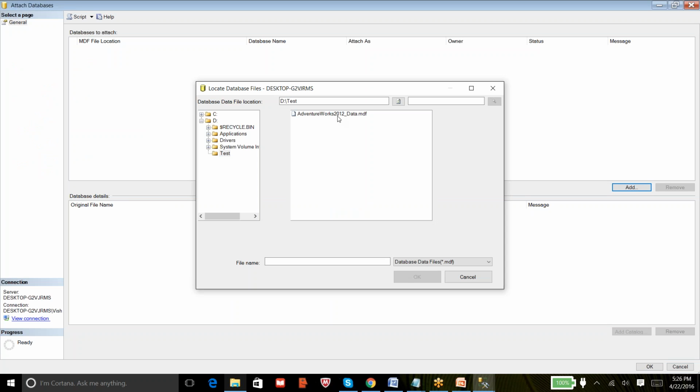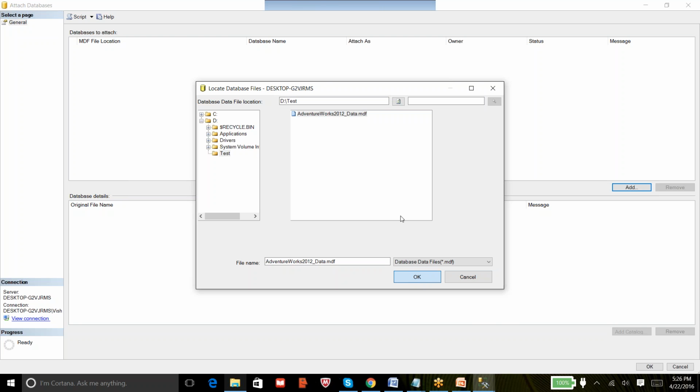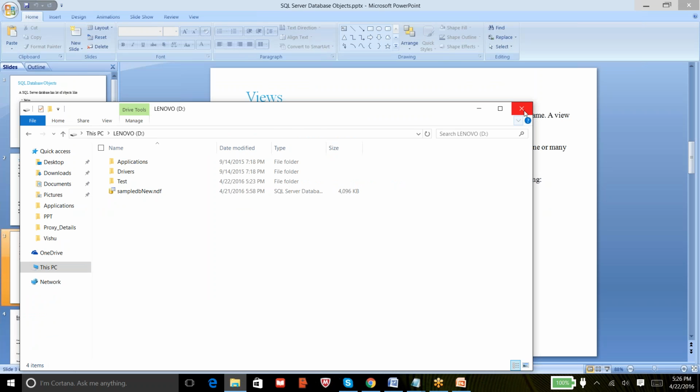Guys, Ishwar's question was something like: I have copied the MDF and LDF files to the same location, but what if the LDF file is in a different location? Does Management Studio still pick up that LDF file automatically? The answer is, it may not, because it tries to browse the same location to check whether the LDF file is there or not. So it stops working, and it throws an error.